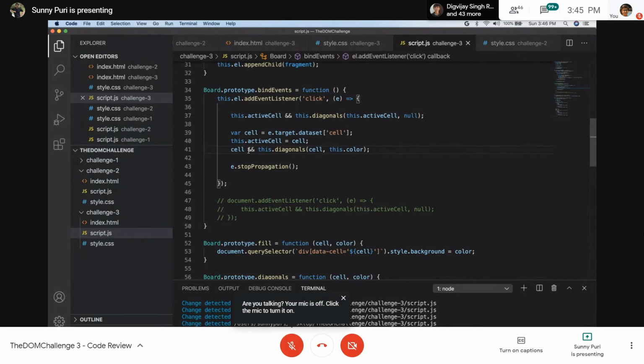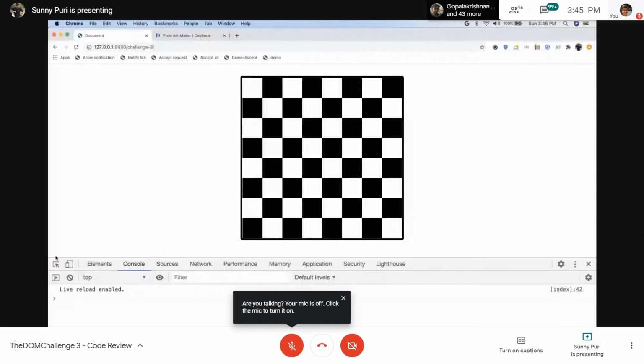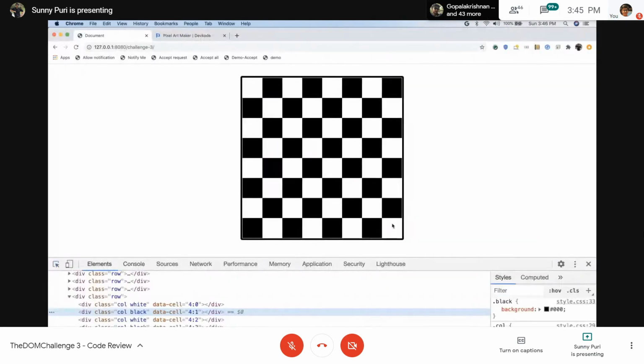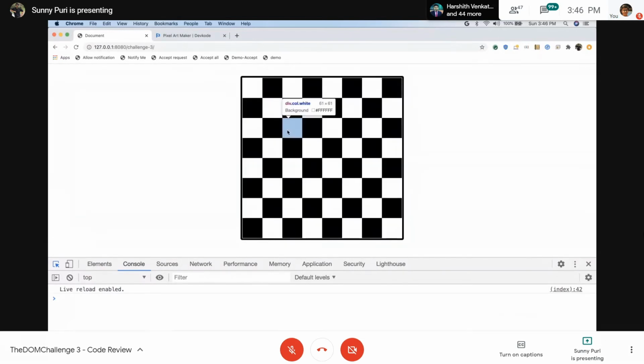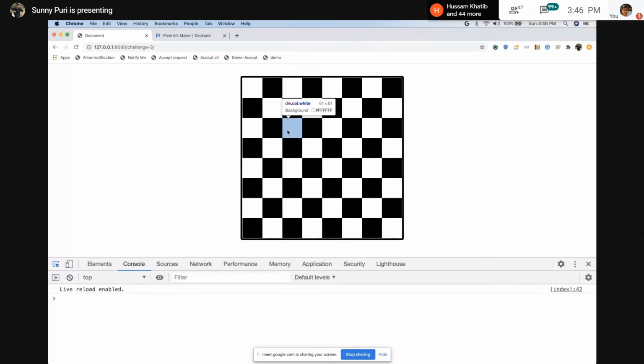So Yash is saying, why can we not add an event listener to the cell? Your point is absolutely correct. But tell me, how many cells are there right now? 64. Right now, the case is very small. Okay, so what will you do? Let's look into this. Has anybody attached the event listener to the cell? Tell me, is anyone there who has attached the event listener to the cell?